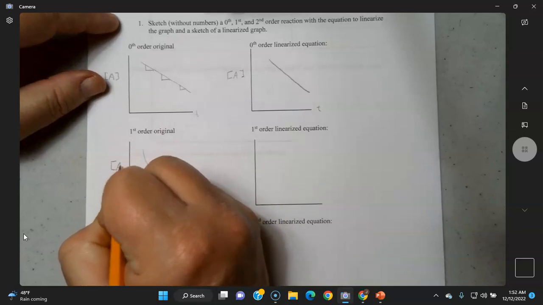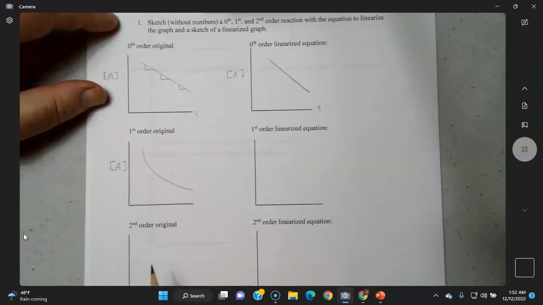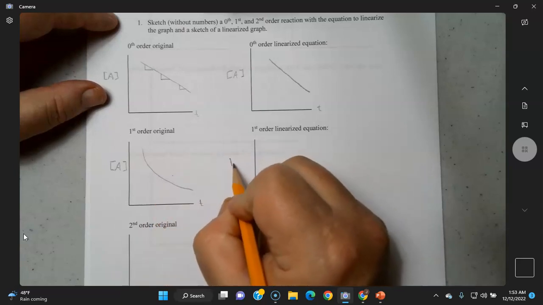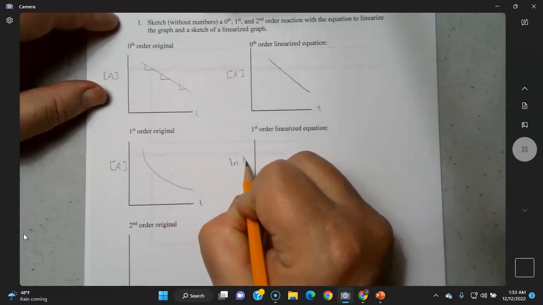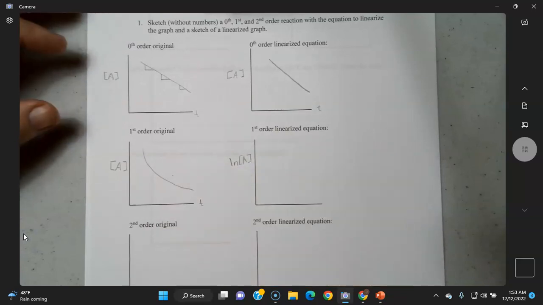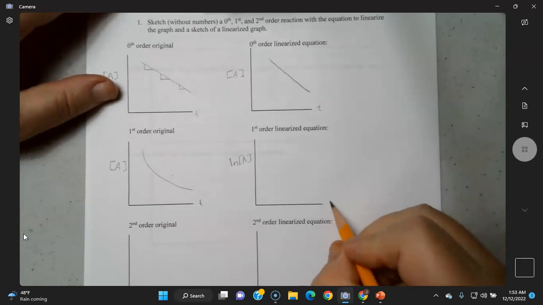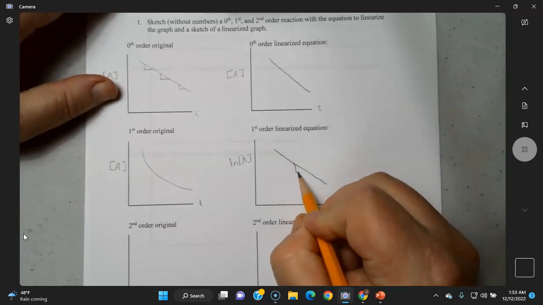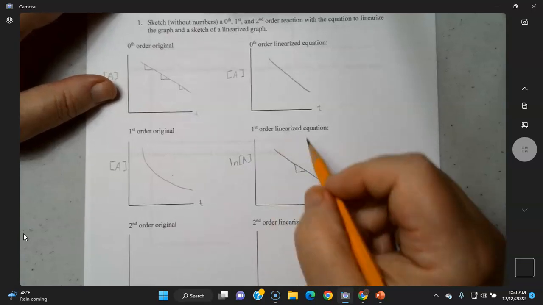The graphs on the left are all concentration versus time. Okay, to linearize it, you plot the natural log of A. Again, all you need to do is know how to use the ln button on your calculator to get those numbers, all right? And versus time, and that's going to linearize it. And again, the slope is going to be